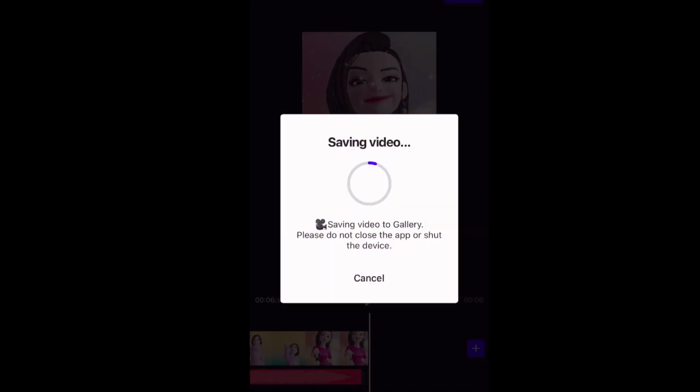You have your video and you can upload it to